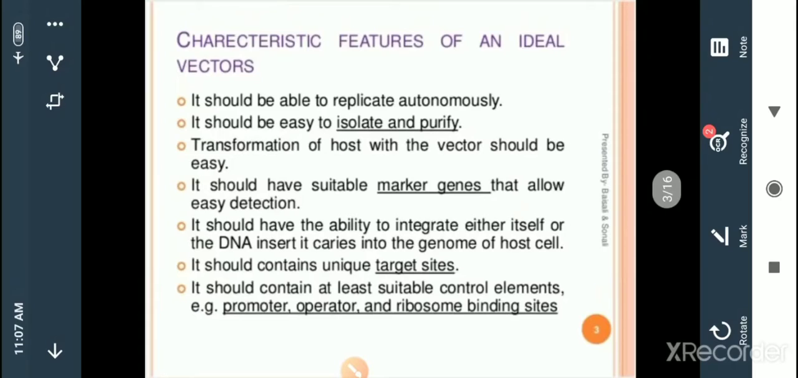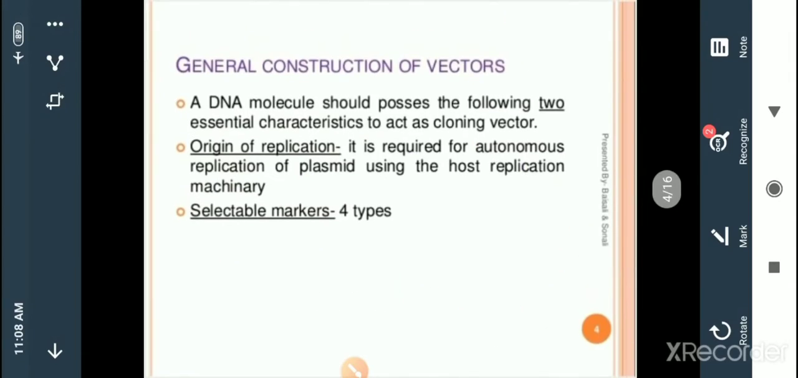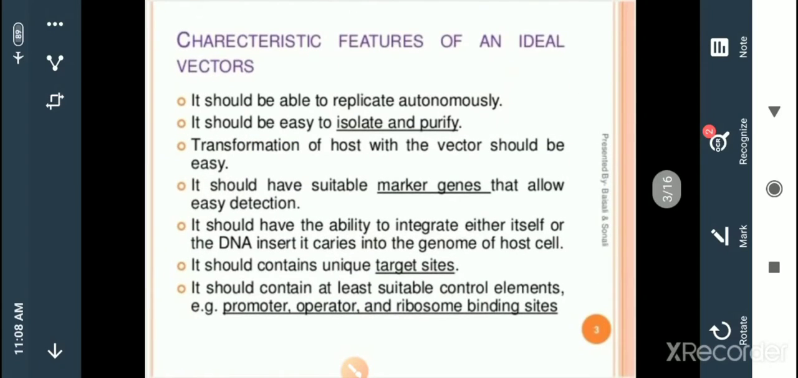Why? Because a vector has the capacity to self-replicate and shows a high copy number, as it is present in bacterial cells or viruses and bacteria. It can replicate in large numbers and show a high amount of amplification, increasing in number in a very short duration of time. And we discussed the characters of a basic and ideal vector,